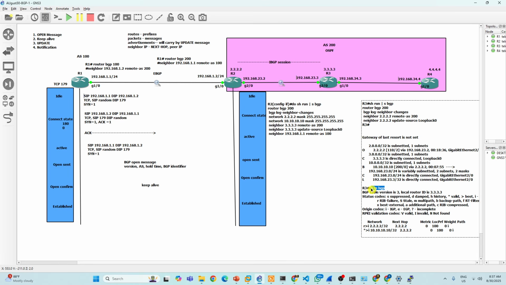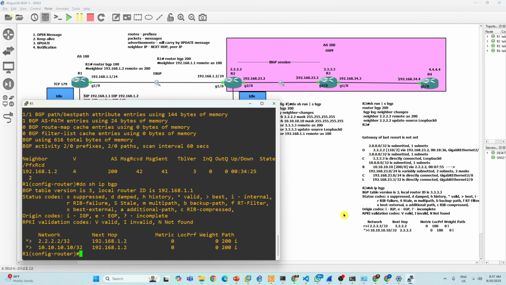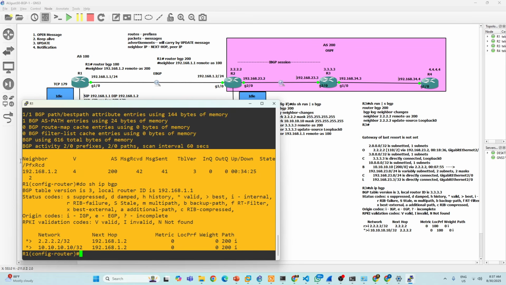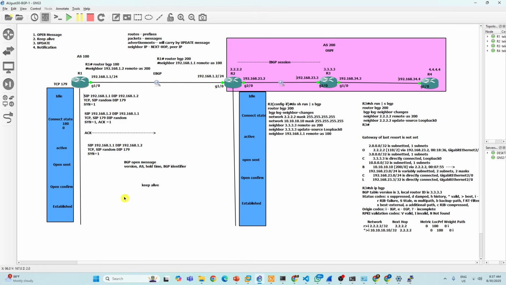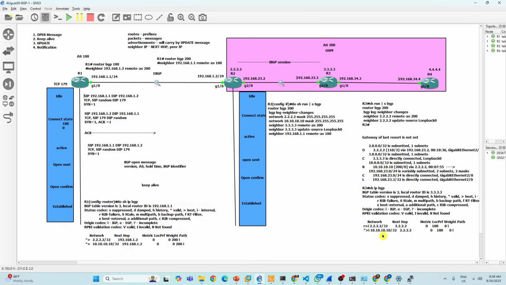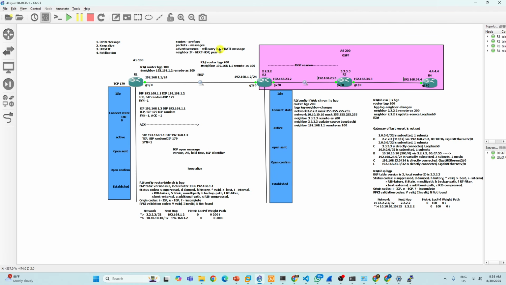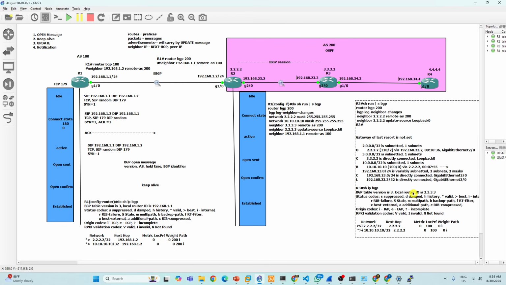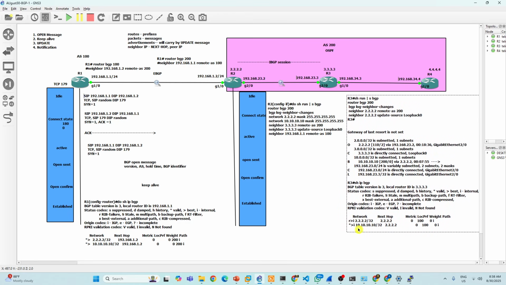Show ip bgp is a command, which shows which network is learned from which next hop. Very important, please learn it, do not miss it. Here also I have it: show bgp summary, you know very well. I'll keep this here on R1. Can I share this screenshot with you? Screenshots are helping you, right? Yes, sir.